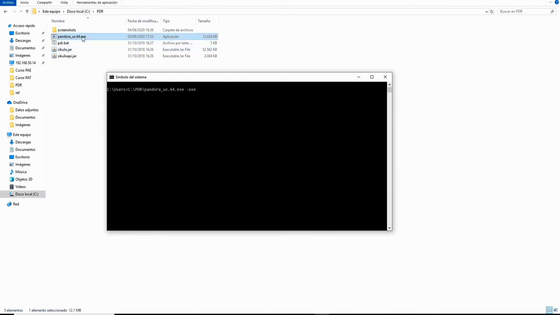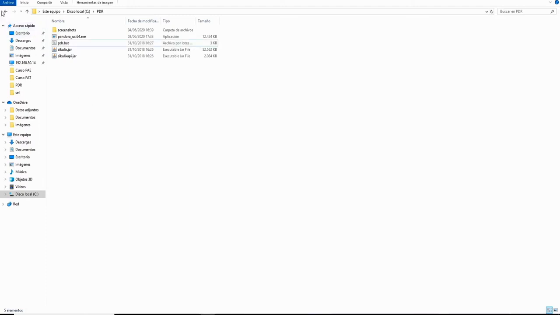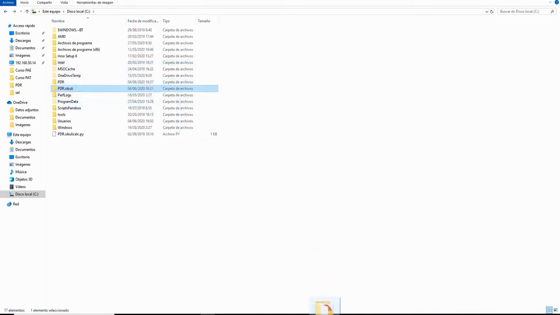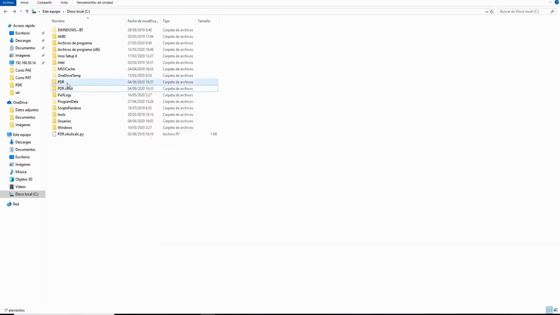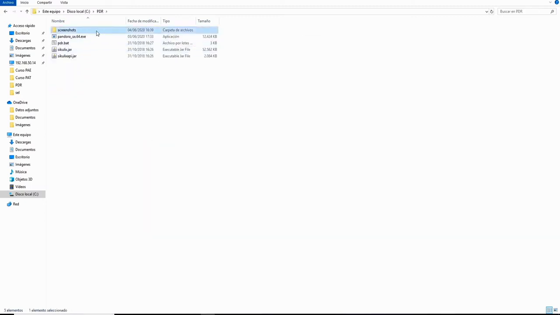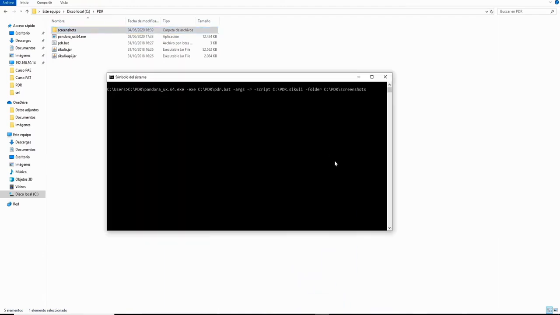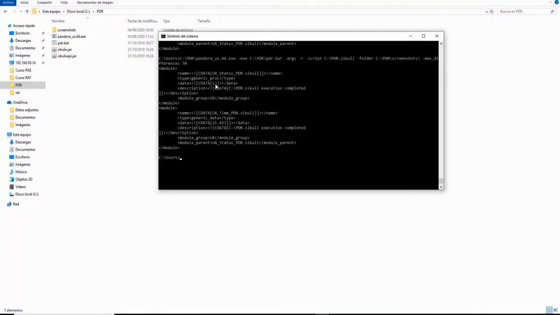The argument of said file is -r, the file that contains the session directives, -script, and optionally the directory where to store the screenshots, -folder, ending with a /. The execution therefore would be the following: path to plugin Pandora_UX -exe c:\PDR -argc -r -script. Path to the recorded project -folder, path where to save your screenshots. This will return the following modules: